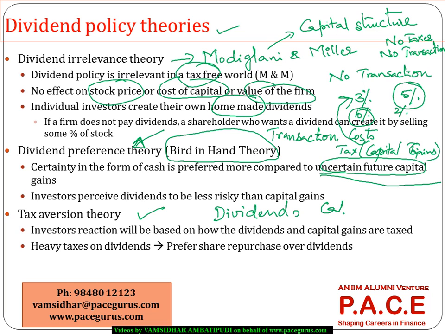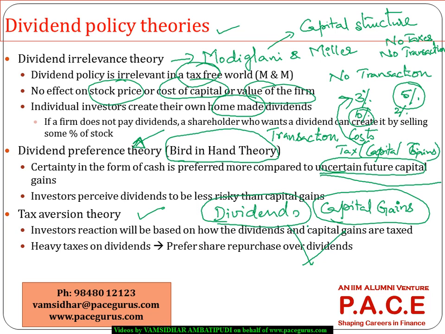Retained earnings come as capital gains, or some portion which the company is paying goes as a dividend, and because it is retaining, that portion may result in an increase in the stock price, which in a way results as a part of the capital gain. So depending on how the taxes are applicable on dividends and capital gains,